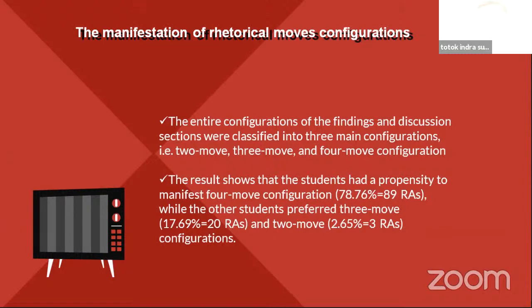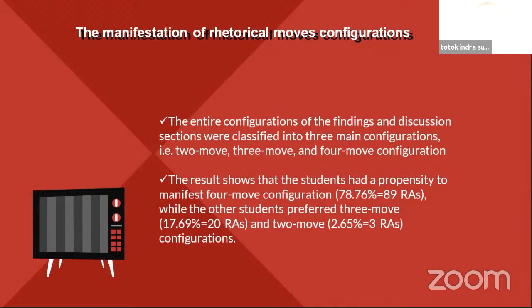So from 170 articles, how many percent use only 2 moves, how many percent use only 3 moves, and how many percent use all moves? We will see. The ideal one is four moves: move 1, move 2, move 3, move 4 should exist in writing the finding and discussion. But the result is very interesting. The results show that the students had a propensity to manifest the 4 move configuration